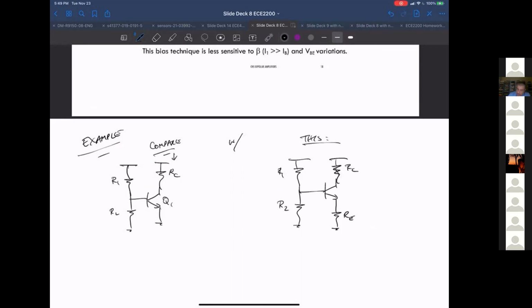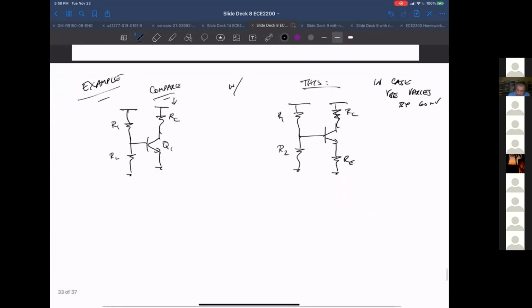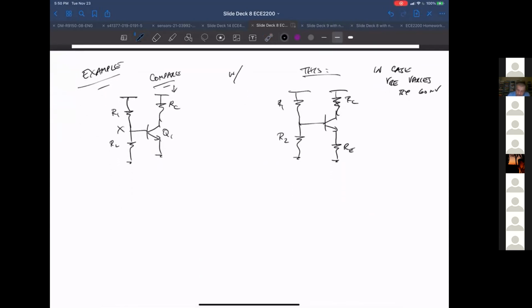Okay, and let's see what happens in the case that VBE varies by 60 millivolts. Okay, so let's say for the sake of discussion that in both cases,